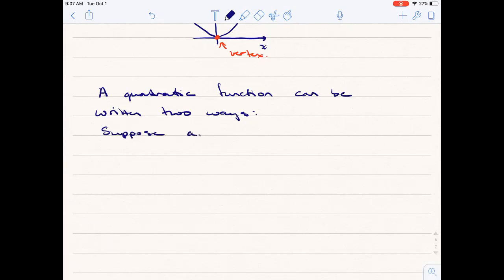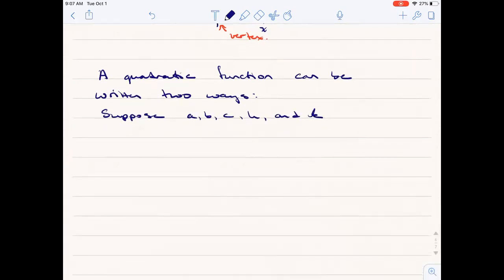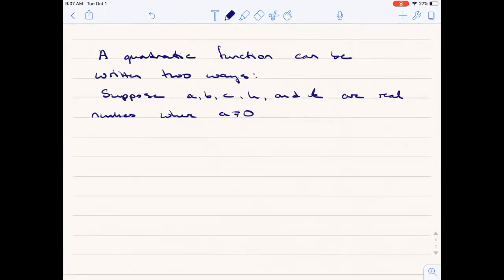Suppose A, B, C, H, and K are real numbers where A is not equal to 0. We can write it in the general form